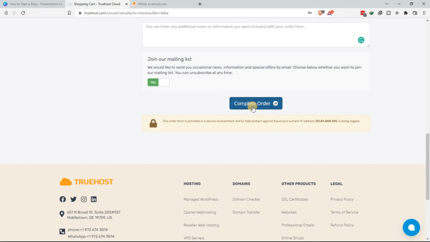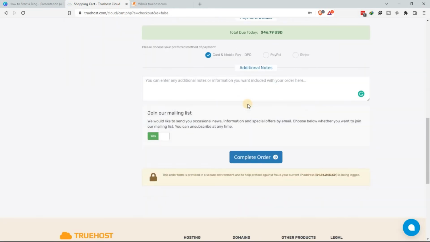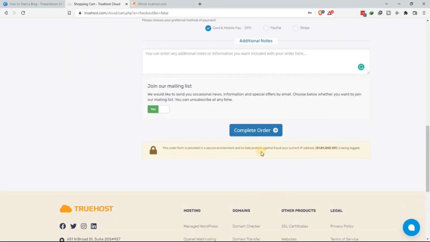What happens next is you are taken to your invoice, and that's where you'll complete the payment. So you pay for your order. The invoice will show how much you will be paying and how to pay for it. Once you pay that order successfully, you will be emailed the details of how to access your hosting and your new domain.